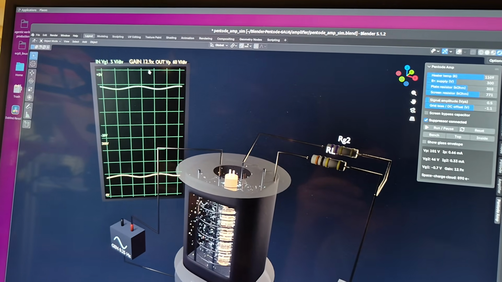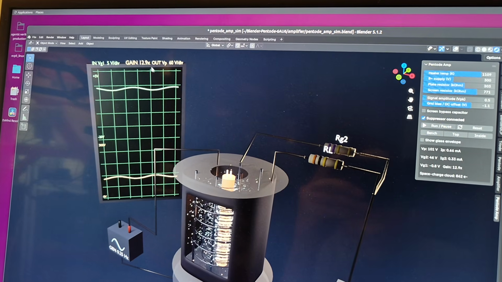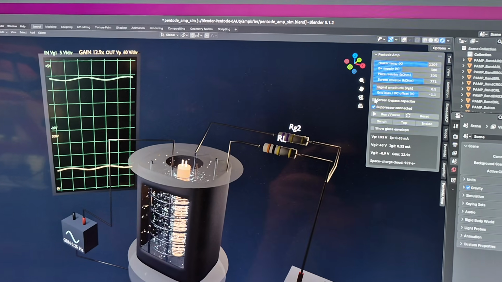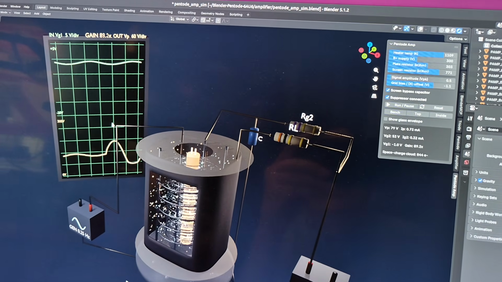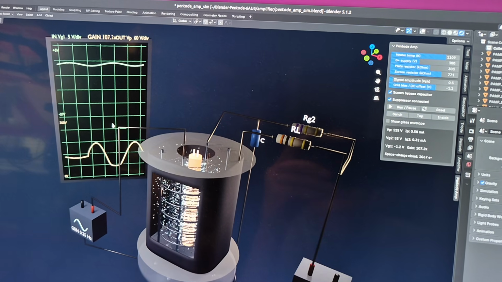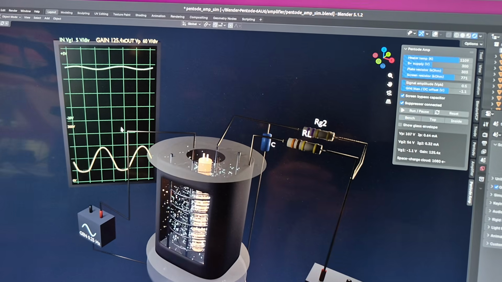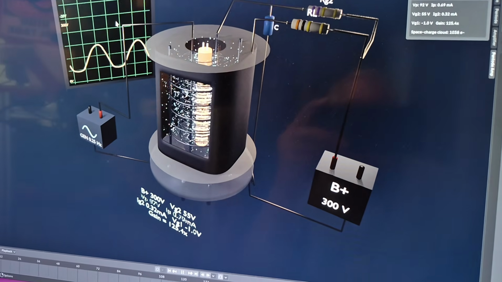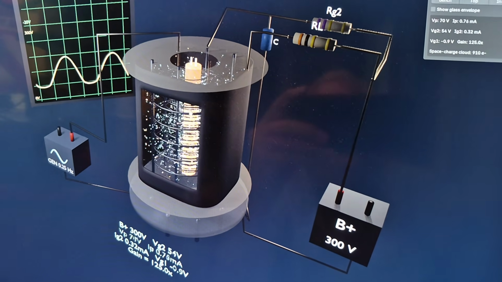And if you look up here, we look at the gain. The gain is 12 here, basically. But if we put that screen capacitor back in, you'll see that our gain is going to jump back up again to somewhere around 120. So this is actually quite interesting how this works out, and you kind of see what's going on inside of